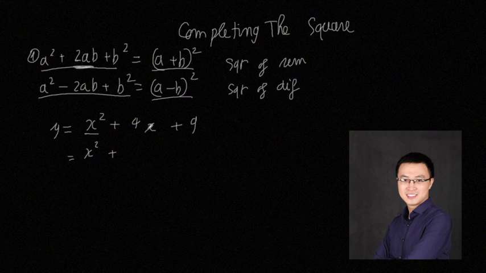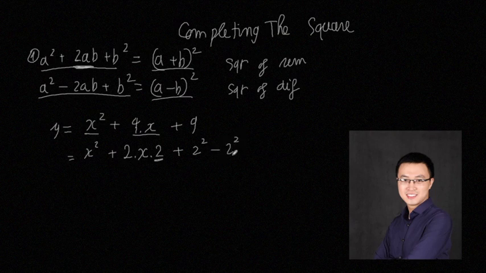That's only two cases. You know a is x, so you write down x. And the last term has to be b. The value of b times 2x gives the 4x in the previous line, so b will be equal to 2. After that we add b squared, and since b equals 2, you have 2 squared here